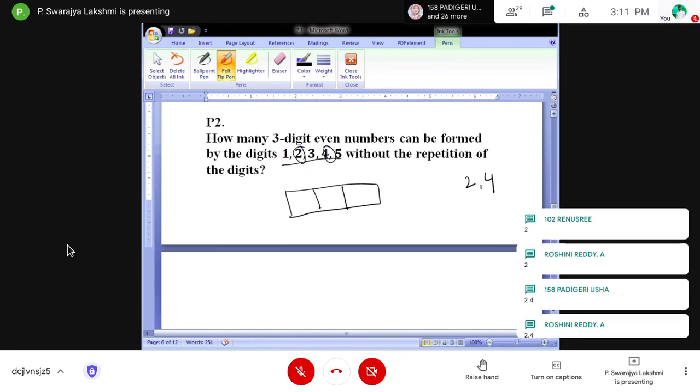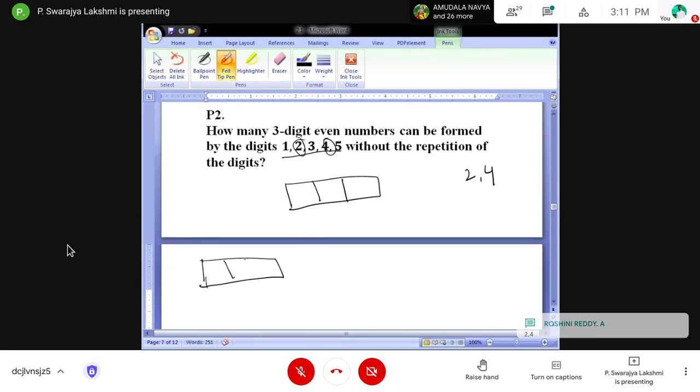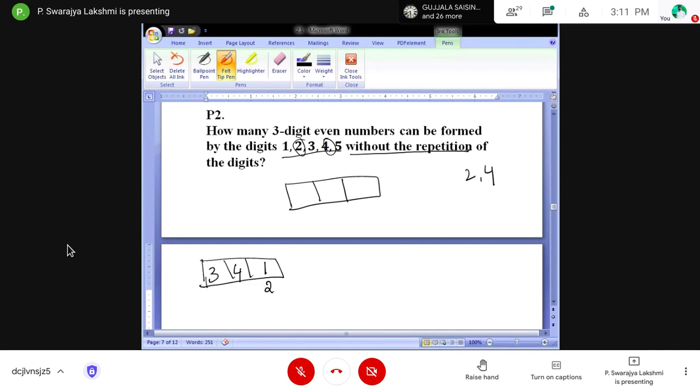So let us first fix with 2. So we need a 3-digit number. Let us fix the last digit with 2, which means one number is fixed here. Total we are having 5. If 1 is fixed, we have a chance to fill the previous box with 4 and the box before that with 3. Why? Because without repetition. Plus, the last digit is to be fixed with 4.